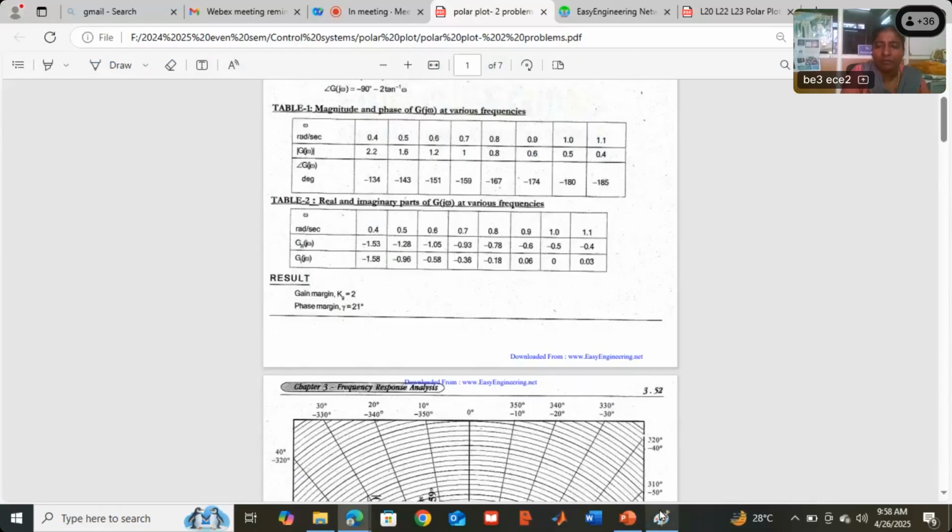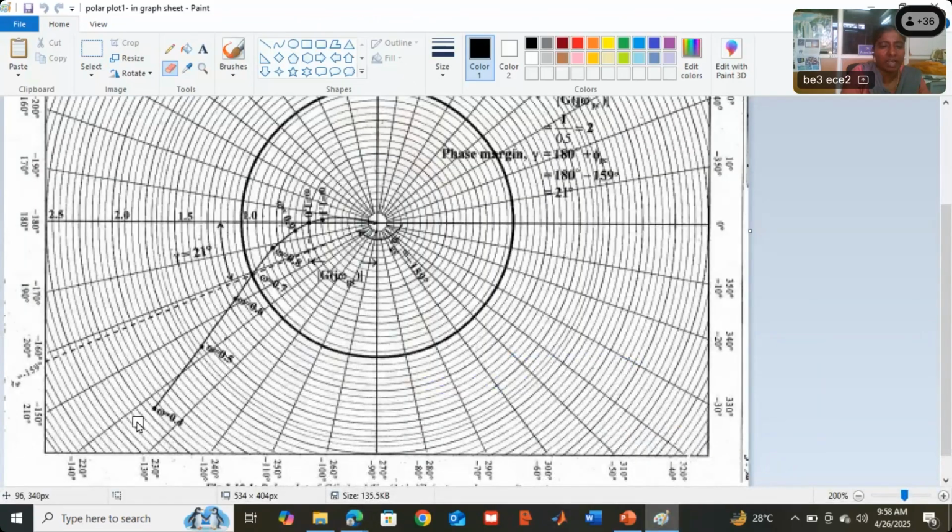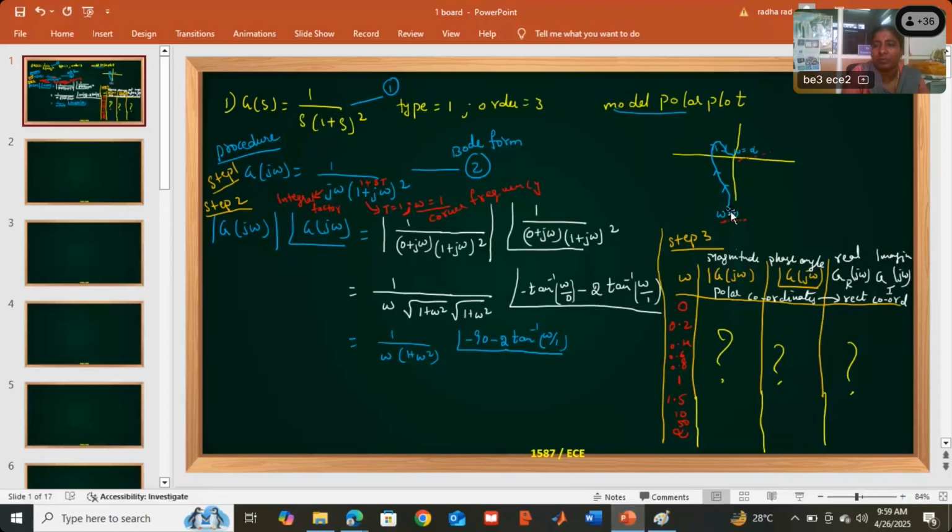Okay, so now after putting the dots we got the graph like this. It is from the third quadrant, it is moving to the origin in the second quadrant. Our model plot also, you see here, it is from the third quadrant moving to the origin at the second quadrant. A similar plot we got. Okay, so now